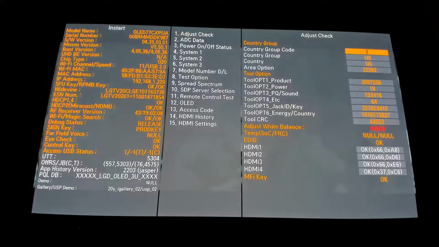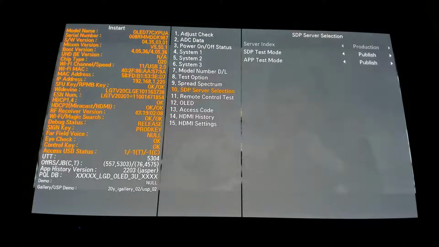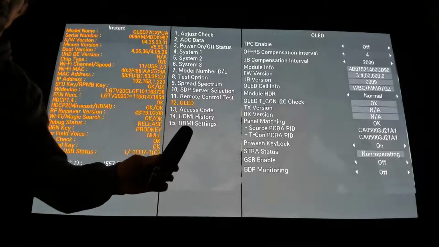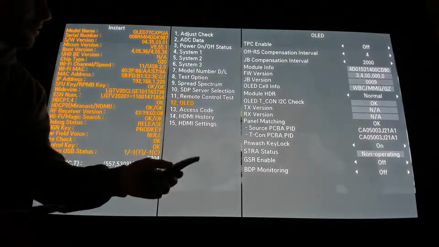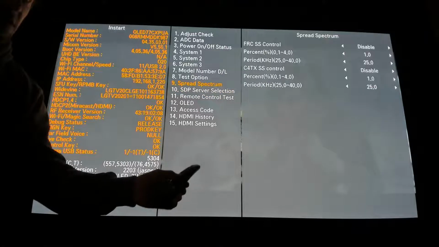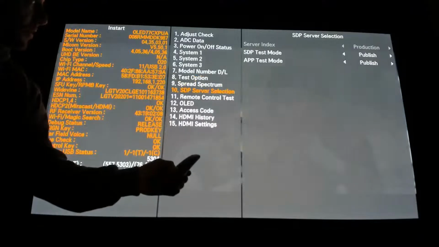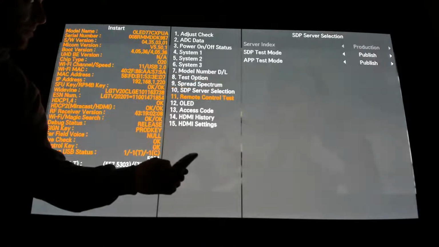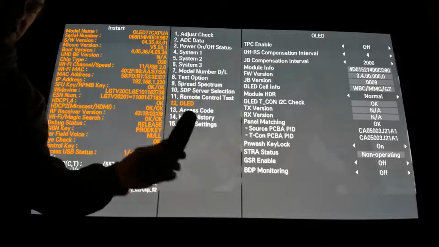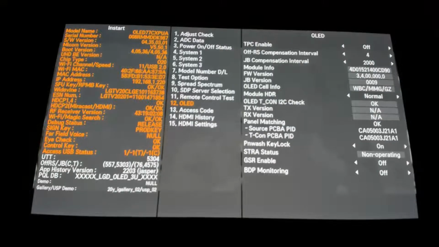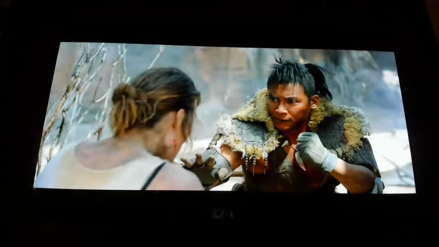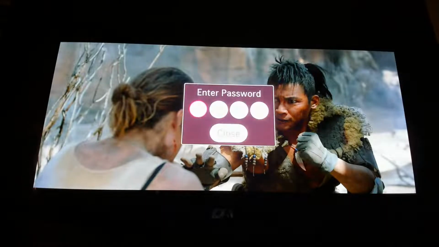0413, blah, blah, blah. Where are we going over here? Oh, okay. So here's one thing I want to know real quick. You have a user remote and a service remote. Looky there. When I use this user remote, okay, it works. This is a problem. When you're using your service remote, and actually I'm in the wrong menu here. When you're using your service remote,